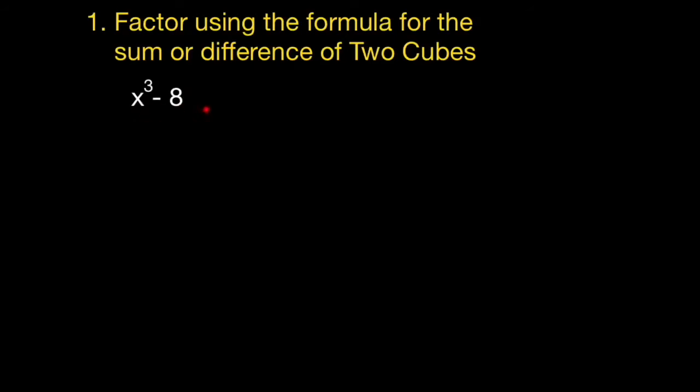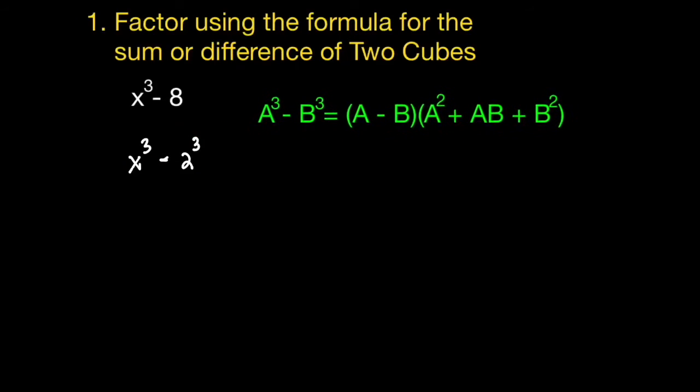So I'm going to go ahead and rewrite this expression as x cubed minus 2 cubed, or 2 to the third power. We now have a difference of 2 cubes, and I can apply this special factorization. Bringing out this outline, I'm going to let x take on the value of a, and I'm going to let 2 take on the value of b. So let's begin applying this formula. So x cubed minus 2 cubed is going to factor out into x minus 2